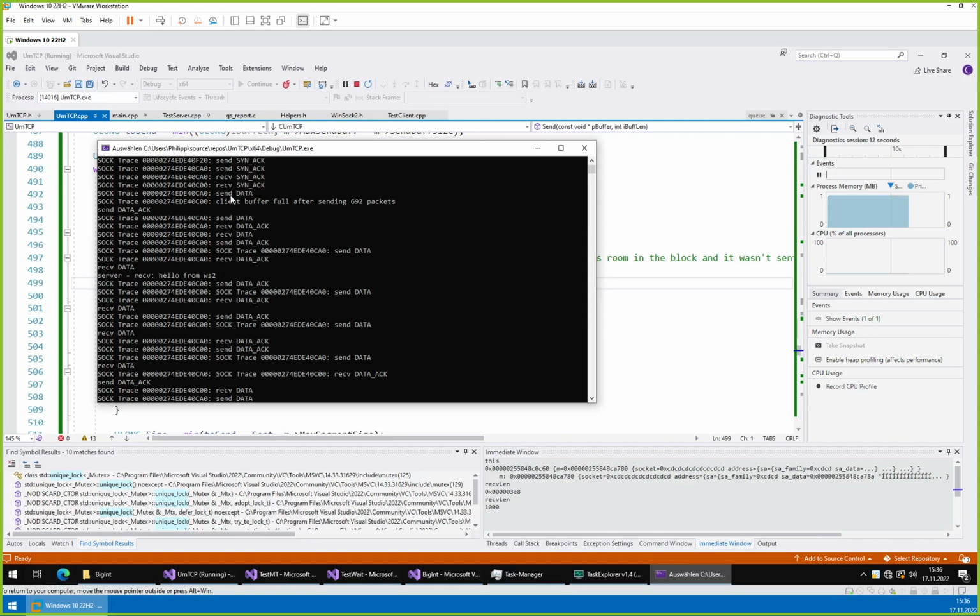Okay, so we have a connection, we send data. This thing already complains about the buffer being full. We receive a SYN-ACK and receive a couple, and then we again complain. Okay,